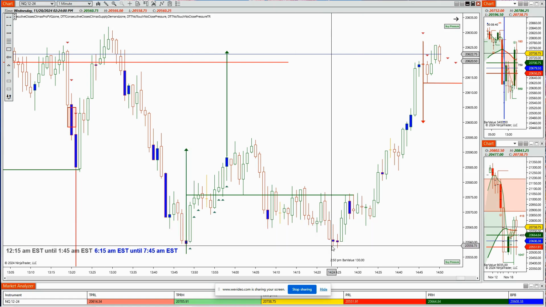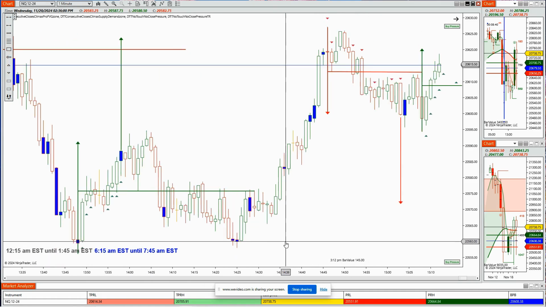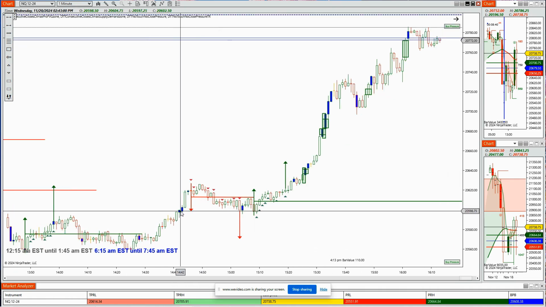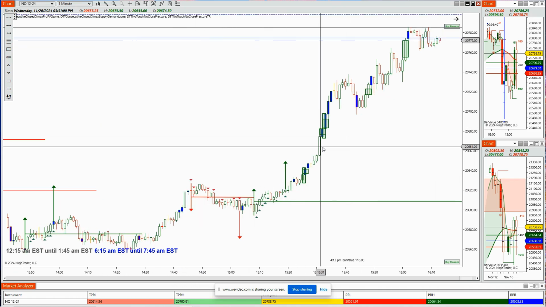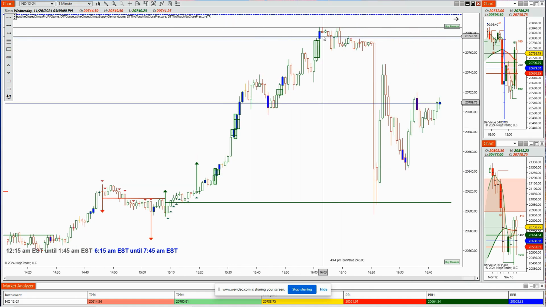Blue bar here, consecutive blue bars here. They got above that. And then, of course, here's your move to the upside. All right, so let's take a look at that. Consecutive blue bars here. They leaned into them and then bang, they took off to the upside. Consecutive blue bars here. And of course, a couple of them there. And then they got up here.